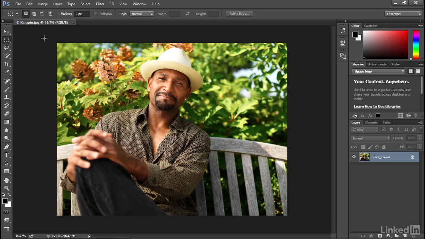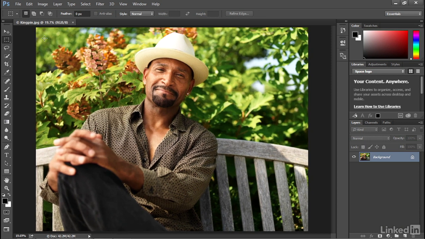Let's say I want to zoom in a little farther, but still take in the entire image. I could press Control-0 or Command-0 on the Mac, but Photoshop's pretty conservative. It goes ahead and retains a little bit of this gray pasteboard around the entire image. Let's say I don't want to see any of that pasteboard whatsoever. Well, I can drop down to this value in the lower left corner of the window and notice that it's telling me the exact zoom ratio, which happens to be